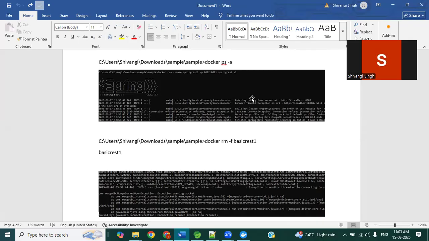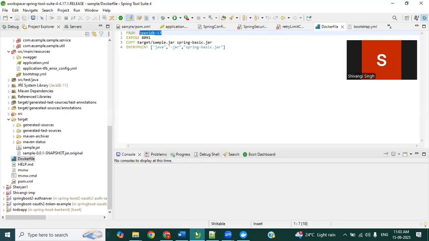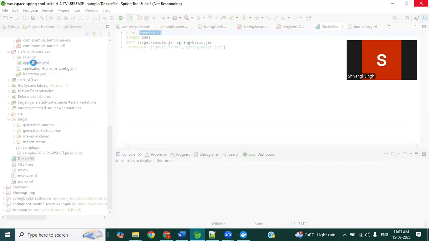In my case, there were some issues related to MongoDB. I have used certain configuration in my project. Make sure that it is also running, and that you also specify it. Now let me show you what the issue was. Your project is simple and you are not connecting to any DB or another microservice. But when you are creating a microservice, you definitely have certain dependencies which you need to make match with the Docker. So let me show you what changes I made when I was getting the MongoDB-related issue.